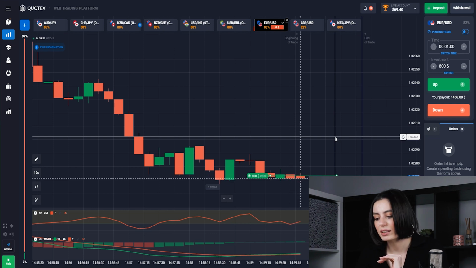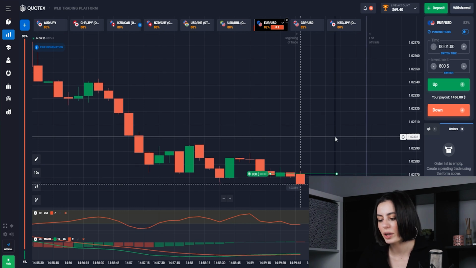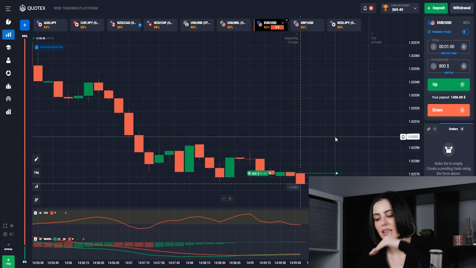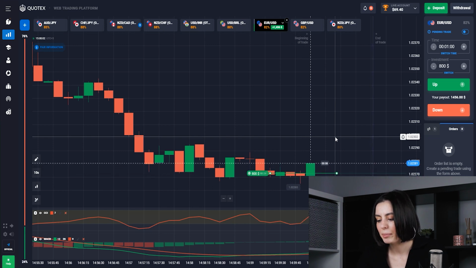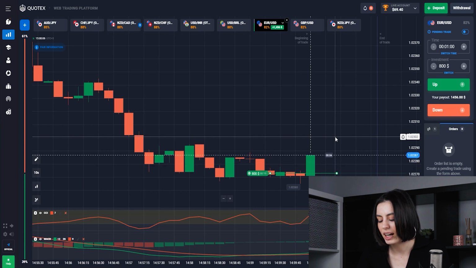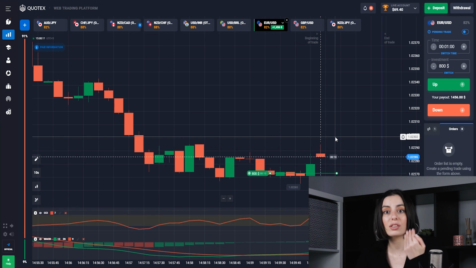So we are expecting some upward movement, plus the CCI is still showing us we are a little bit flat, but there's a tendency that we're going to rise. So I made my bet for an upward trend, and I think it's going to be safe and correct because it started to get a little bit higher, because when the lines, especially two lines, are so flat, it's actually a